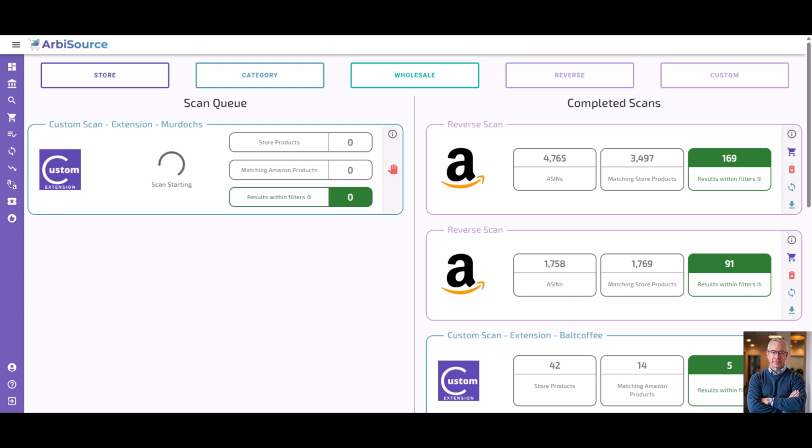And now we're starting the scan, and you'll see the store products number increase. And this is a great time to go refill your coffee or tea or get a Coke or something like that, so that you're not sitting here watching it, because it inevitably takes longer while you're watching it. And we can see it's continuing to match products on Amazon,